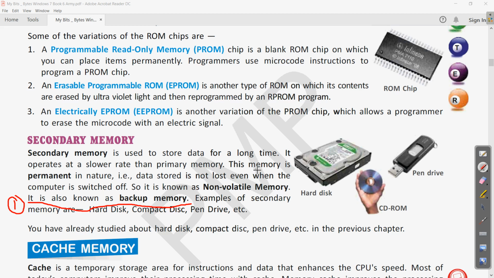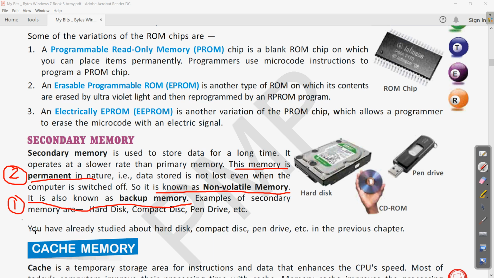this memory is permanent in nature. This memory is permanent in nature and it is known as non-volatile memory. In the primary memory we have seen that the primary memory is of two types, volatile and non-volatile, but in the secondary memory we are writing this memory is permanent in nature and known as non-volatile memory. Clear? So these 2 points we have seen, and now in the primary memory we have given some examples that